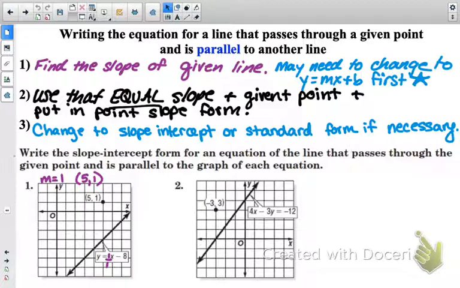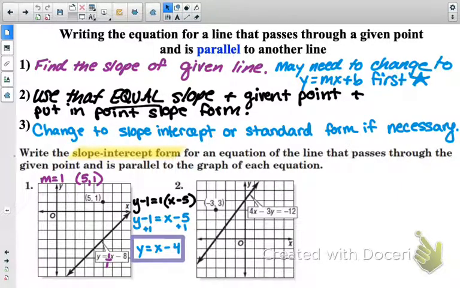So I'm given a slope and a point, so I have to put it in point slope form first. Now the question does ask for slope intercept form, which is y equals mx plus b. So we're going to distribute and get y by itself. So y equals x minus 4 would be the equation of our new line. So again, it's going to go through that point 5, 1, but have the same slope as the line that's shown. Number 2, we're going to have to do a little bit more work for this one, only because the